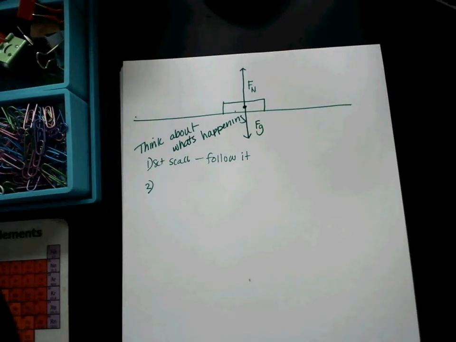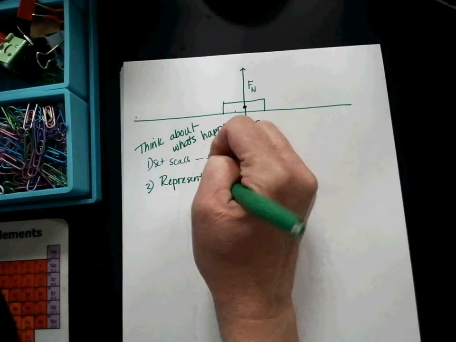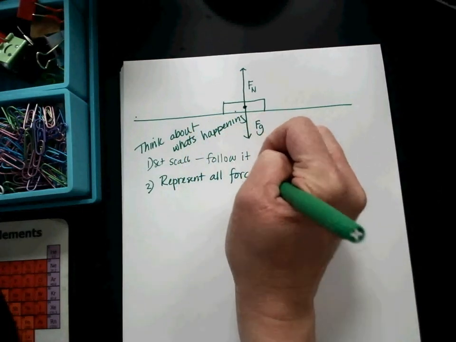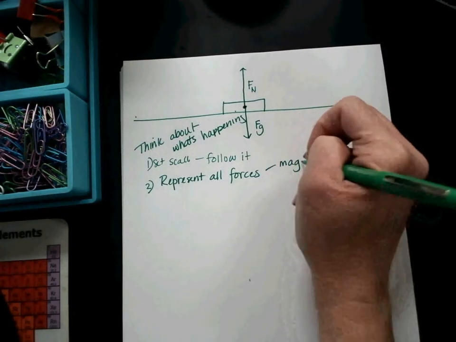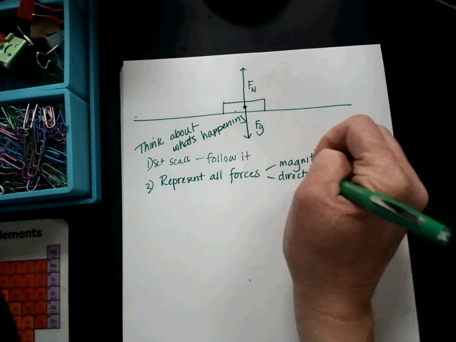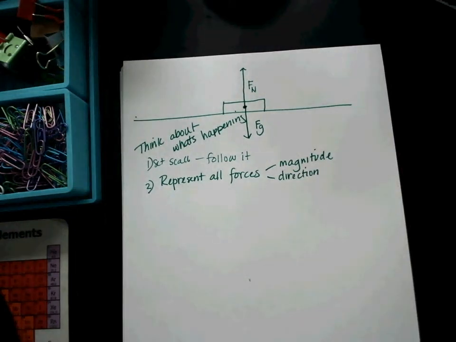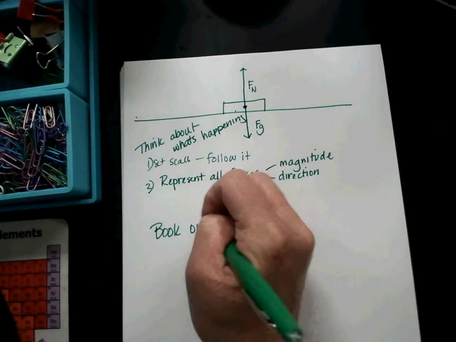Then you get ready to do your diagram. You're going to set a scale. You're going to follow it. You're going to be sure that you represent all forces, both magnitude and direction. And in our book on the table example,